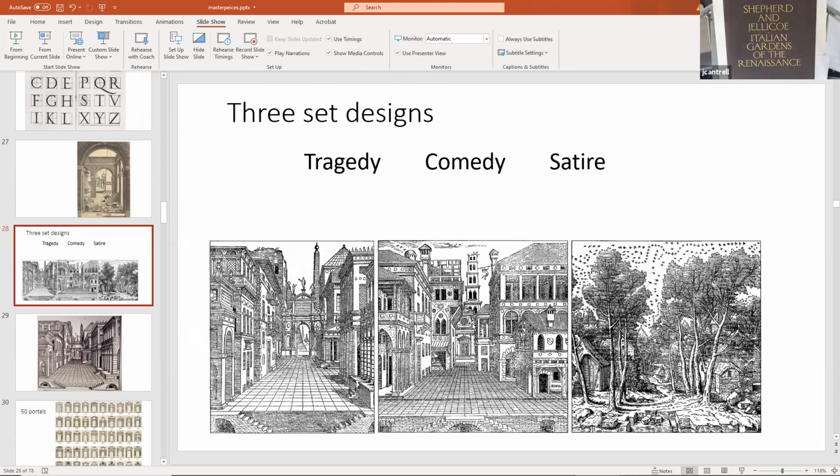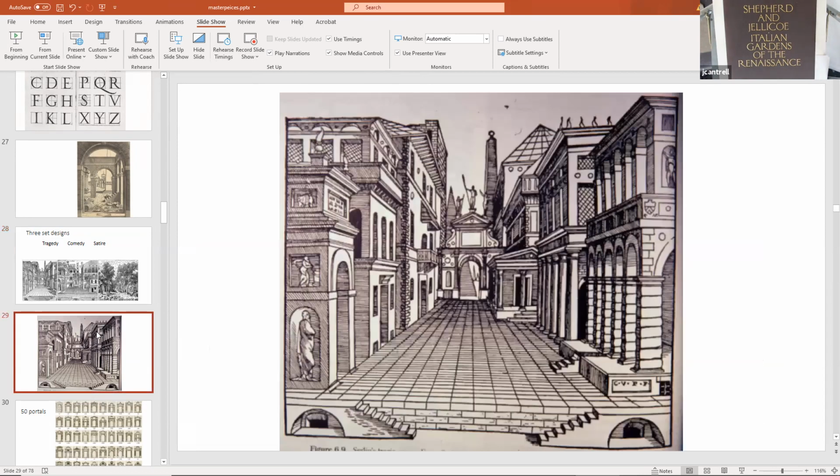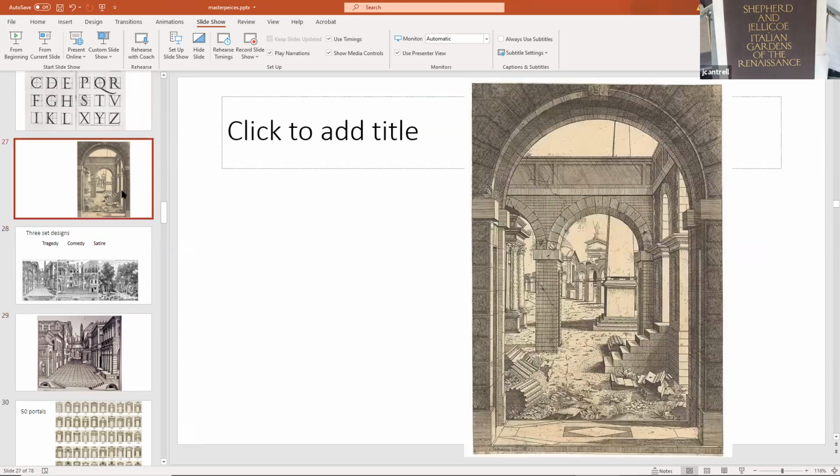This is a very famous engraving and drawing that Palladio later took from Serlio and built a literal perspective theater. But what you're looking at is Serlio's engravings on how Brunelleschi rediscovered linear perspective drawing. These are just wonderful images showing decay and destruction. These are sort of parodies for set designs.